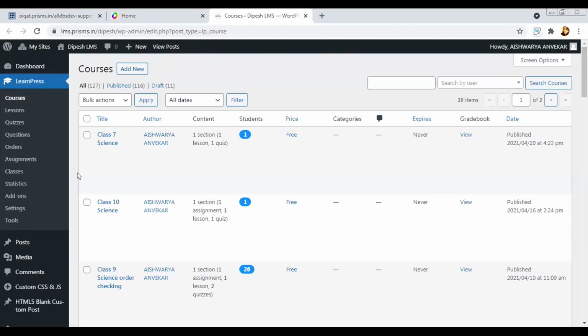No. Automatically. That is the whole purpose. If you have set a content drip, ma'am, then automatically on the date and time you have set, it will be published. You don't have to do anything else. Just make sure that before adding content in the quiz, when you type the name of the quiz, you first hide it. Then you add all the content inside it.